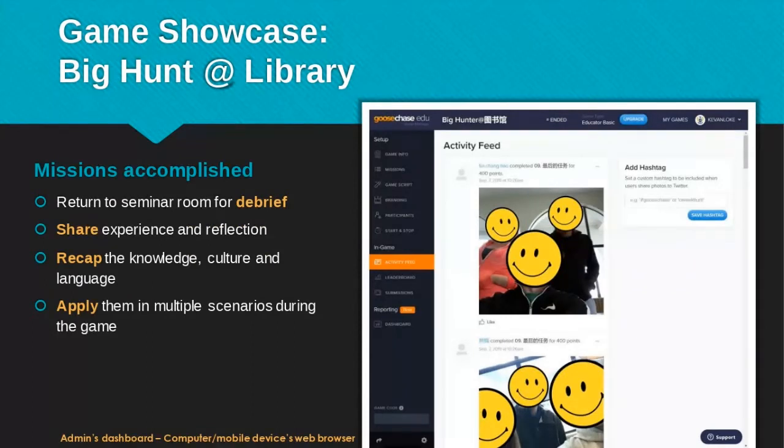So after the mission has been accomplished, the fun was not over yet. The teams return to the seminar room and share their experience and reflections in a group speech. Engaging with peers and using a multimedia-based mobile app, they were able to recap the knowledge, culture, and language introduced in the first half of the seminar and apply them in multiple scenarios during the game,